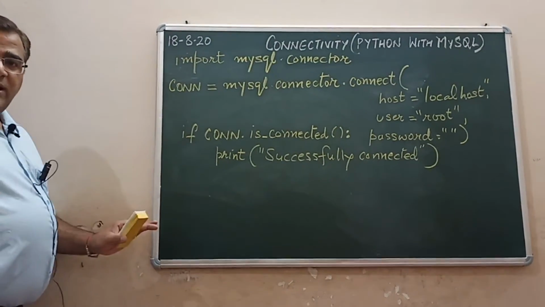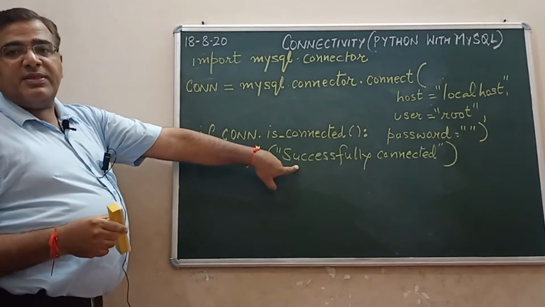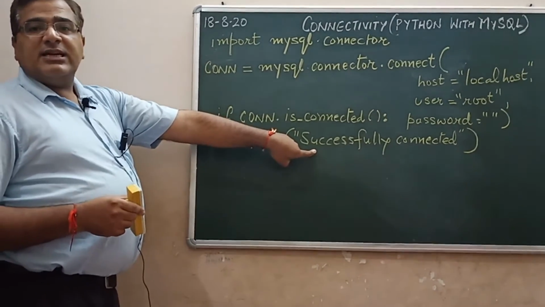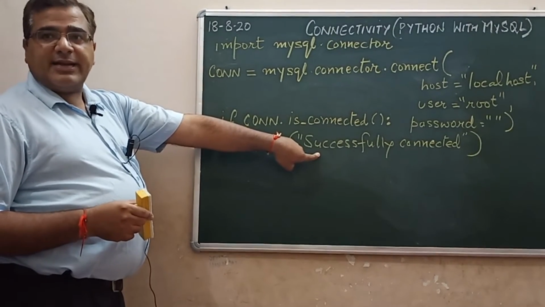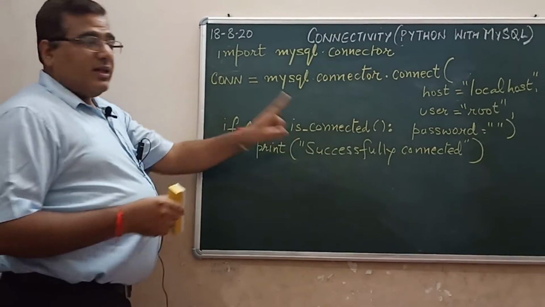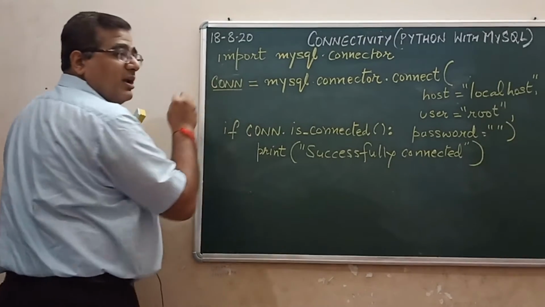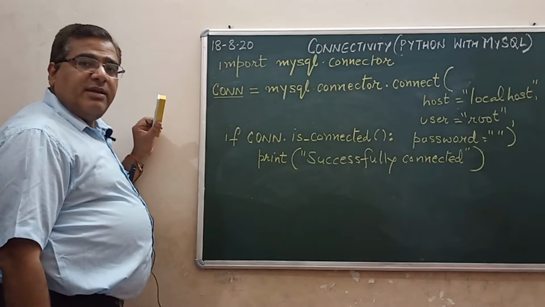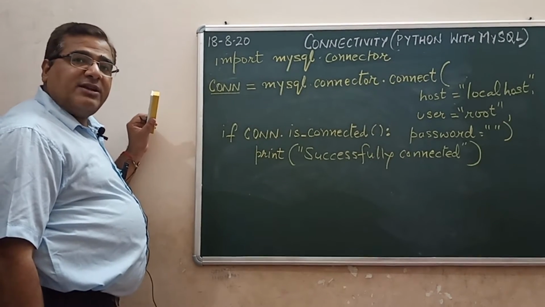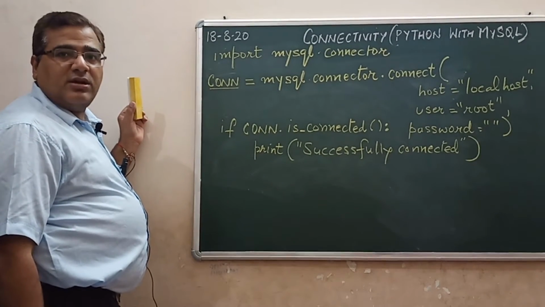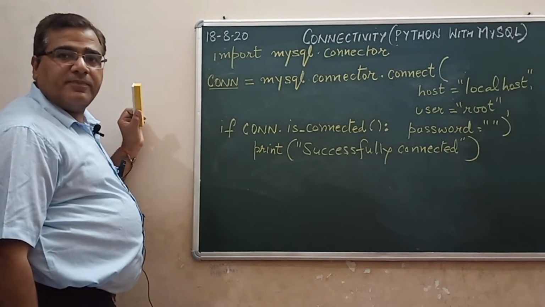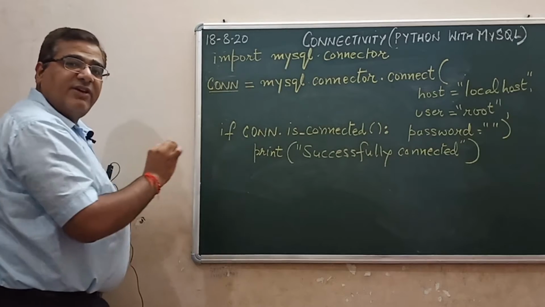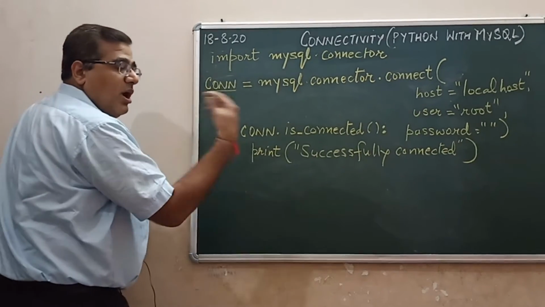If everything goes well, this message will come in the output window, which finally indicates that you have been connected with the database. This con is your connection object. And this is a very important object. It will play a vital role in the further project work, in the further programming part. I hope up till here I have made myself very clear to you. Now moving further,